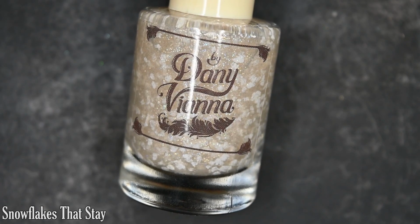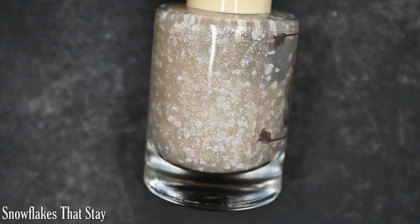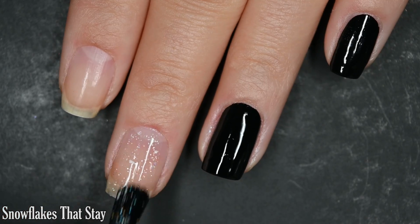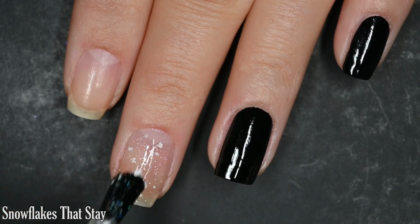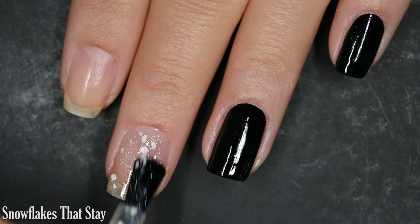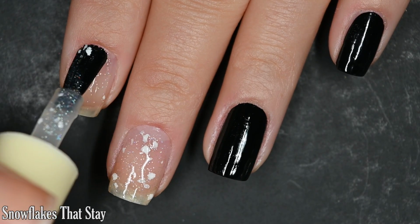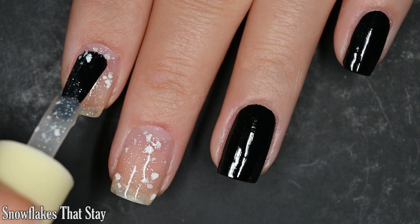Next up we have Snowflakes That Stay, and this is described as a topper with clear holographic glitter and irregular sized white matte glitter. So here is our first coat of Snowflakes That Stay. I am layering 2 coats of this on its own. It's not going to get even close to opacity, but I do think it's a really beautiful snowy look, and then I'm going to layer 1 coat of it over black